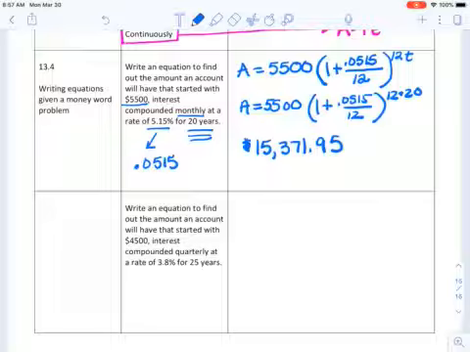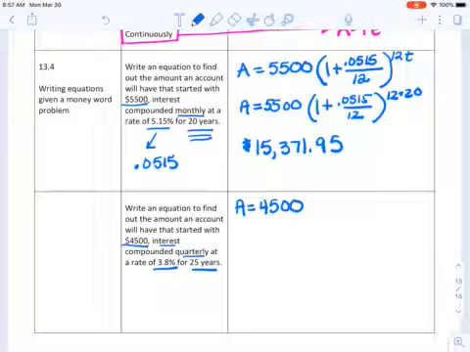Just for checking. Write an equation to find out the amount an account will have that started with $4,500. Interest compounded quarterly. There's my rate of 3.8%. And I'm going to go 25 years. So again, I'm going to plug in 4,500 times